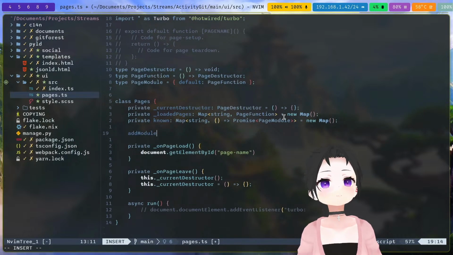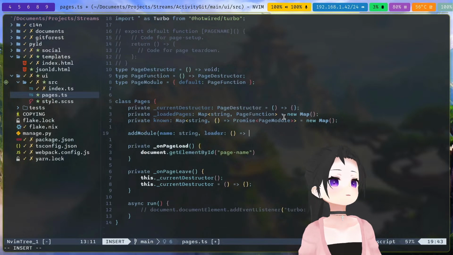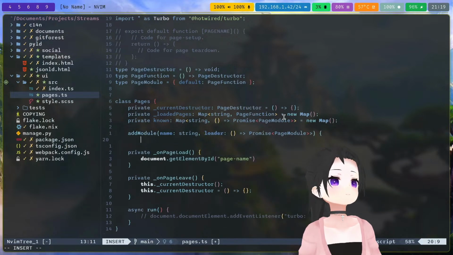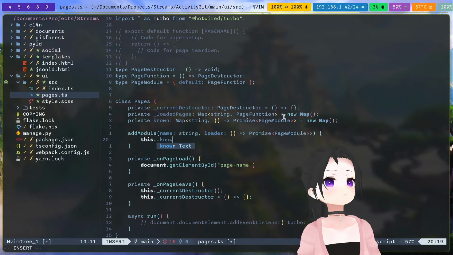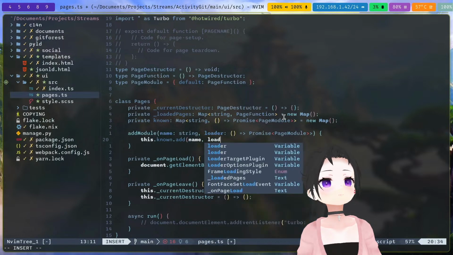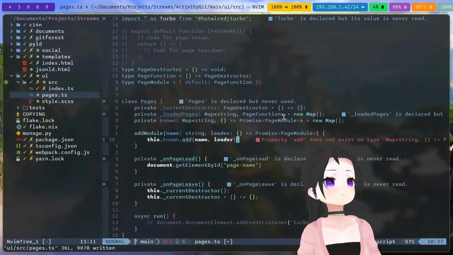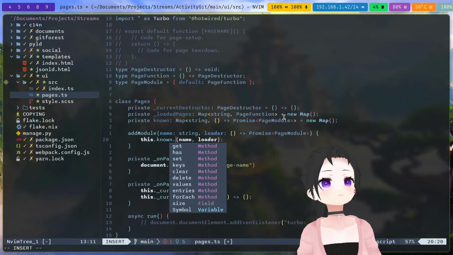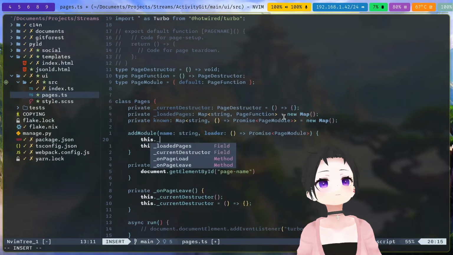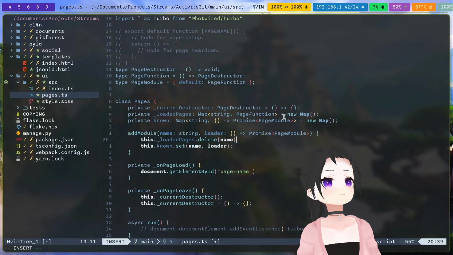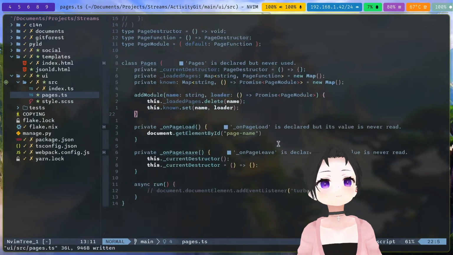Add module. Name is a string. Loader is a function returning a promise page module. Okay, this is one too many, and I think the function is set. Loaded pages can be deleted like that. So on page load,